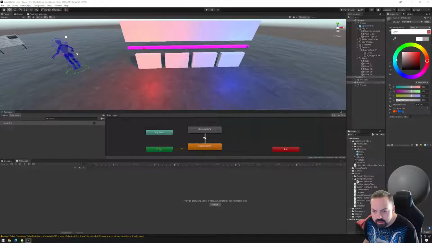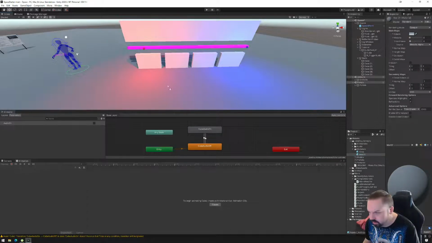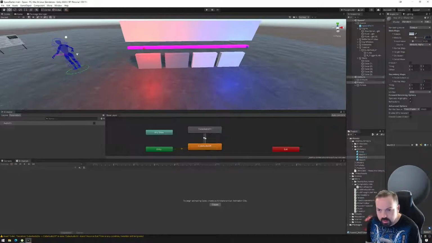Let's make it slightly blue, because that's a good metal. Metallic and smoothness set to 0.25. Just for the sake of time, I'm going to do 0.5s on all of them, for example, or 0.25 plus. Now, of course, you can play as you see fit, but